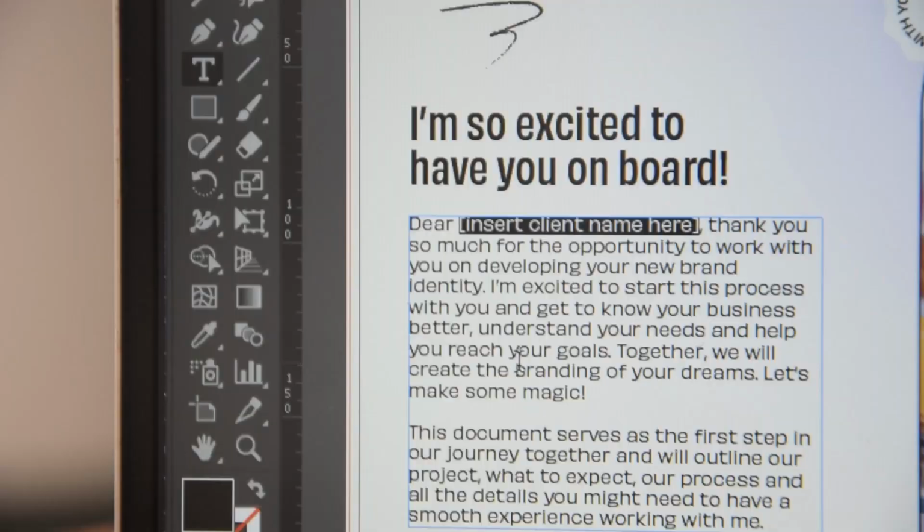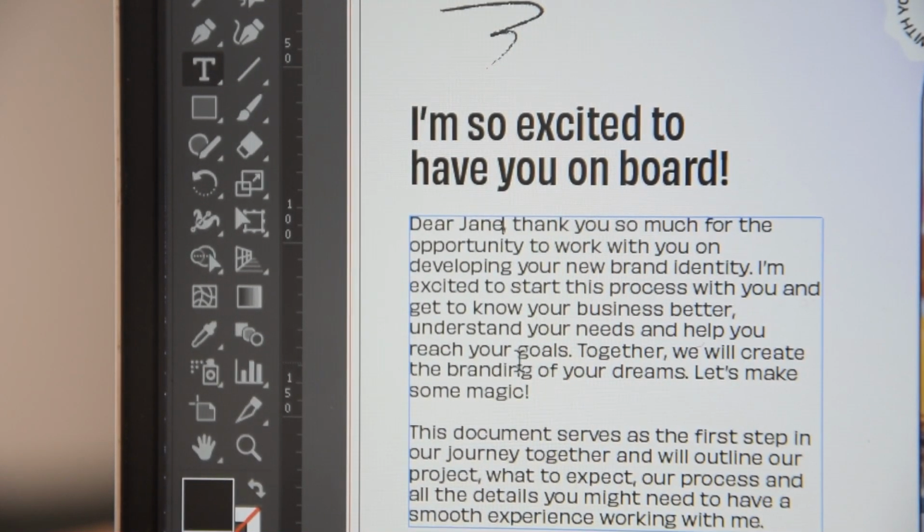Make sure that the client knows how to navigate the portal, because it can get a little overwhelming. I add a video guide where I walk them through every section. This is just a screen recording, nothing too fancy. And at the beginning, they will also find a welcome document where I give them an official overview of the entire project.